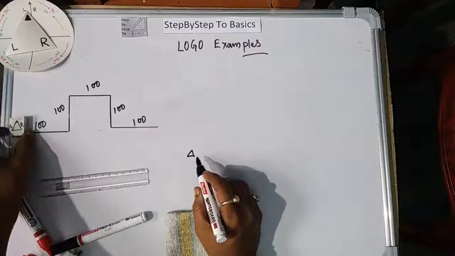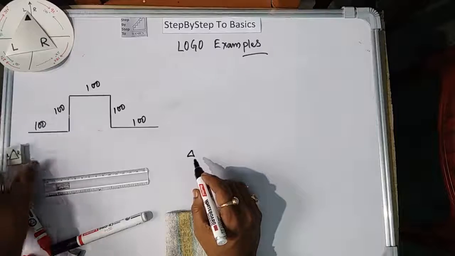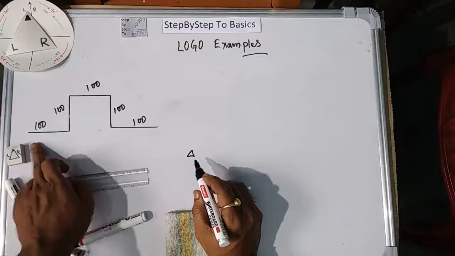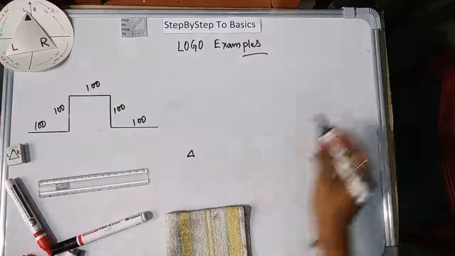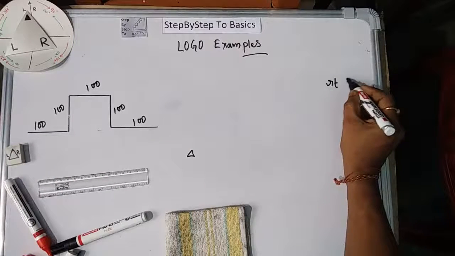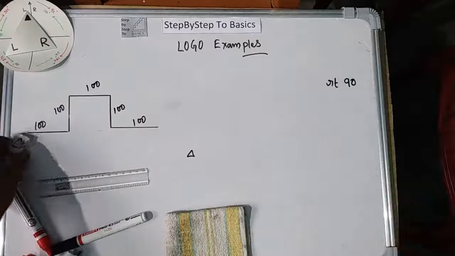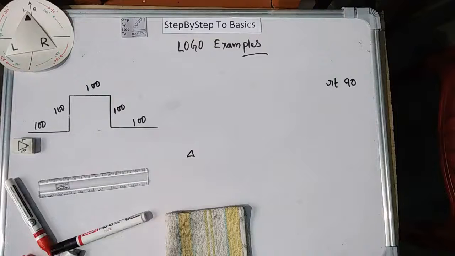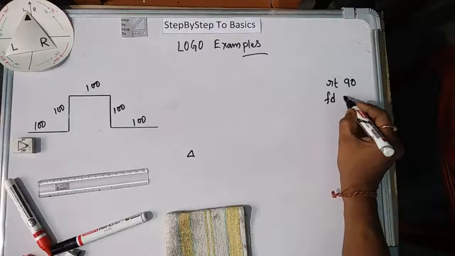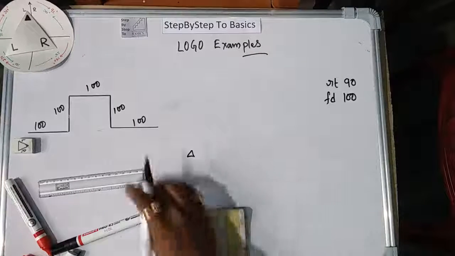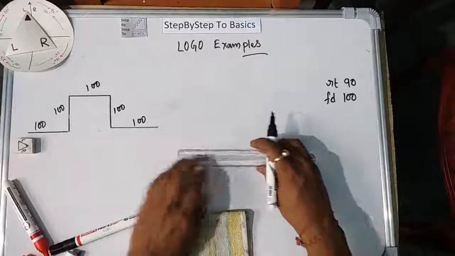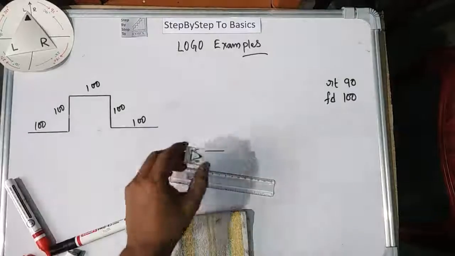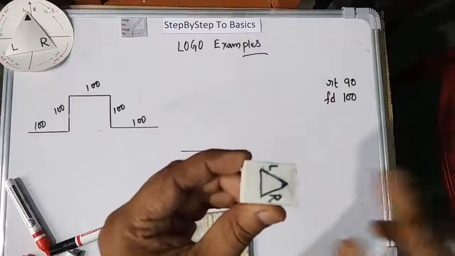So first I need to turn it to this side, because you can see the line is first drawn in this way. So I need to first turn the turtle this way. The first line should be RT 90. So it will turn the cursor this way. Now as the steps are 100, so I will write FD 100. So what will happen? A line will be drawn like this. Okay, drawn, and the direction of the turtle is this way.